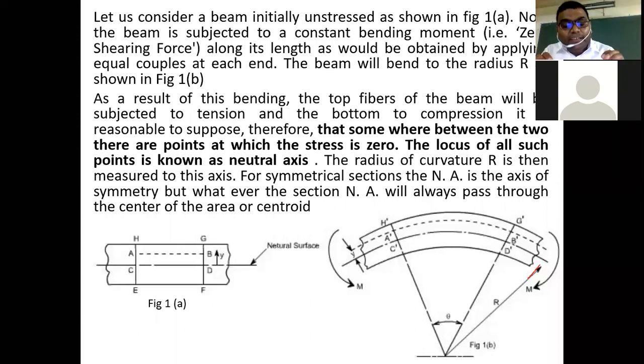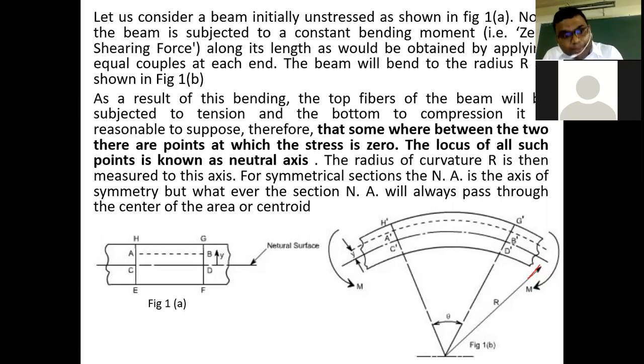And the CD point lies on the neutral surface, and the neutral surface is the surface where there is no effect of stress, no effect of bending. It means CD and C dash D dash are equal at every time. When CD and C dash D dash are equal, and initially AB and CD are equal, so we can say